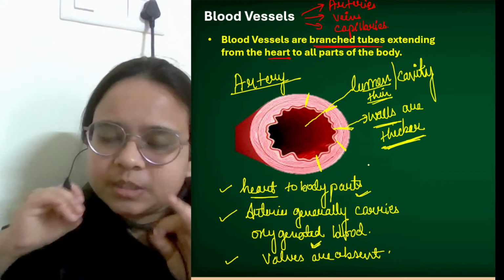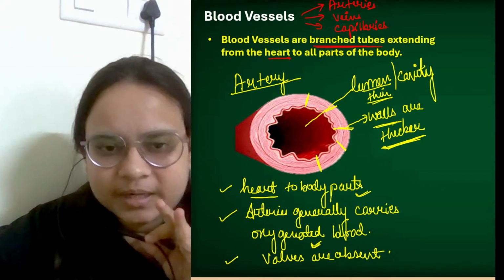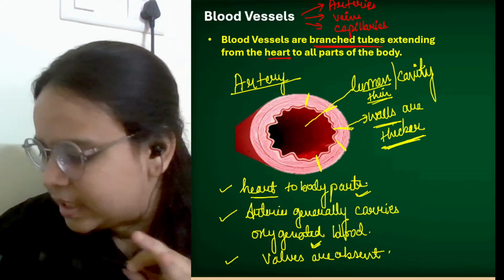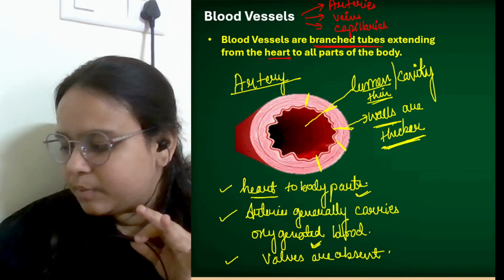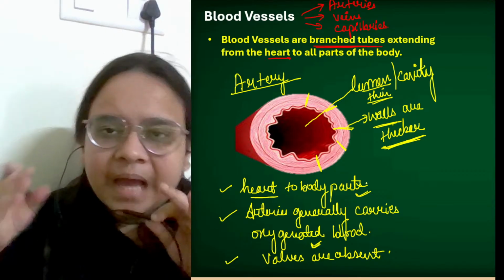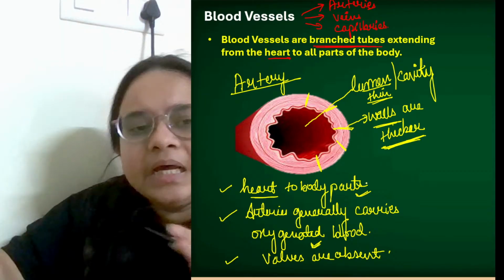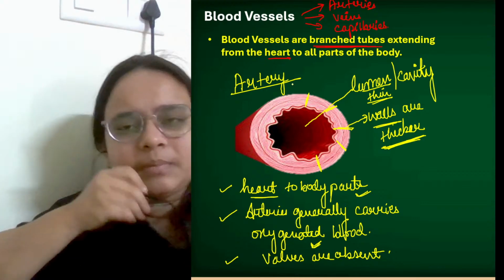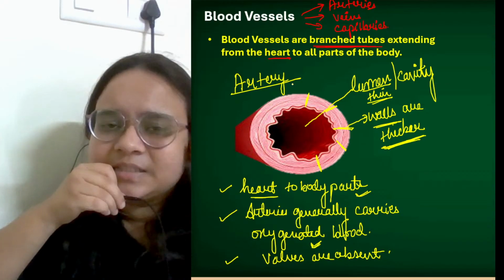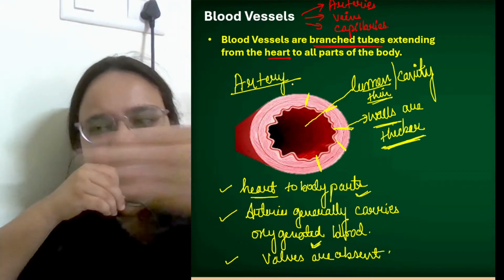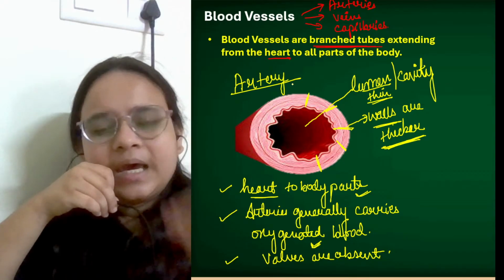क्योंकि बेसिकली इसके पीछे भी एक लॉजिक है। Now let's understand that logic. We know that artery emerges from heart to body parts. Now we know that heart is the pumping organ, और ये जो हार्ट है ये बहुत तेजी से ब्लड को पंप करता है। अब ब्लड इतने तेजी से पंप होता है, इतना ज़्यादा हाई प्रेशर में ब्लड निकलता है कि अगर फ्लूइड बहुत तेजी से निकल रहा है, बहुत हाई प्रेशर के अंडर, तो it has very less tendency or negligible tendency to go back again. कोई भी चीज़ अगर तेजी से निकल रहा है तो उसके पास काफ़ी कम टेंडेंसी होता है कि वो पीछे वापस आ पाए।